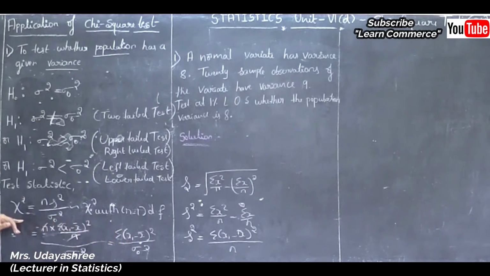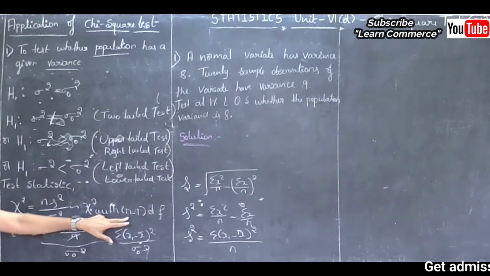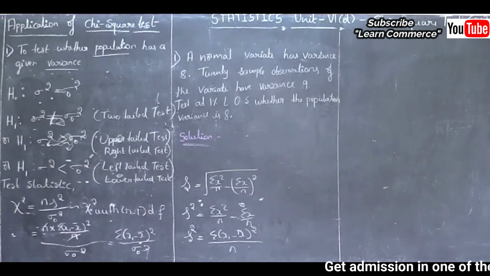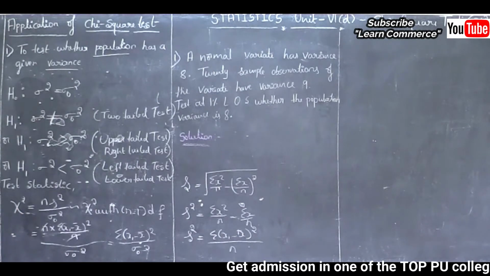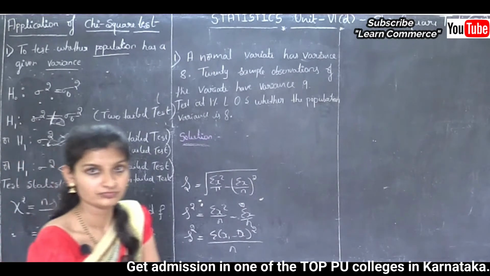of freedom. So here, the chi-square formula in this application is n into s square divided by sigma naught square, which is equal to summation xi minus x bar whole square divided by sigma naught square, which follows chi-square with n minus 1 degrees of freedom. Okay, next, this is step 3. Then step 4 is